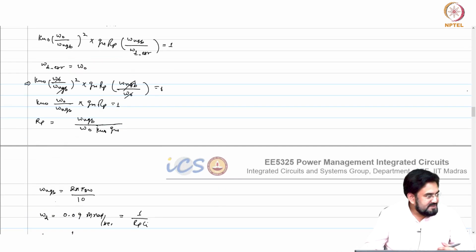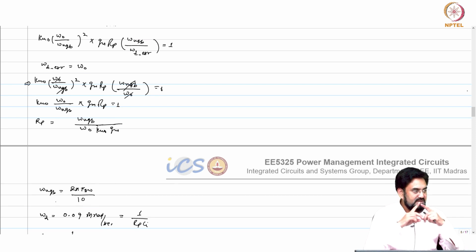So whenever you are compensating, there are two things you have to remember. Your first zero is used to cancel the integrator, so that you can move as low frequency as you want, because that has nothing to do with the LC. But you cannot make it very low frequency. The reason is you would require a very high value of capacitor or resistor.